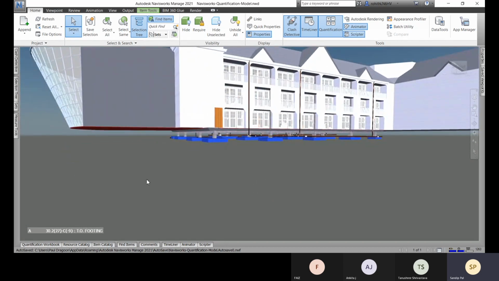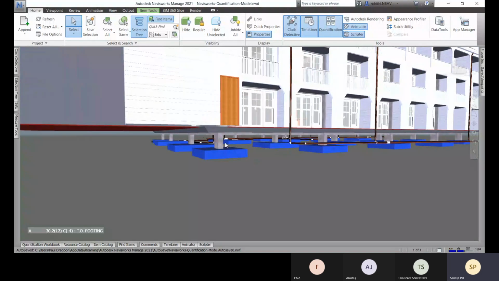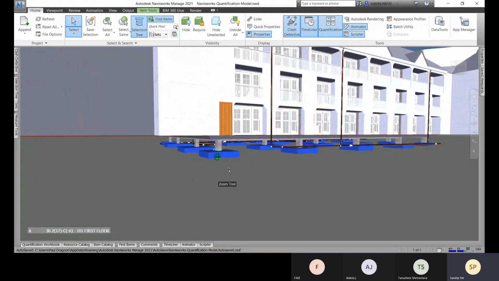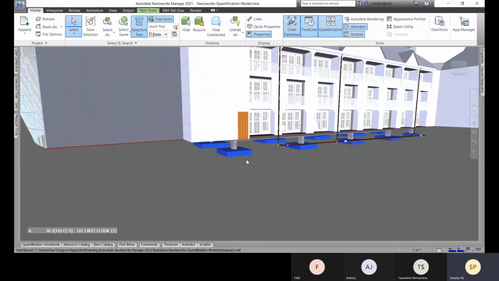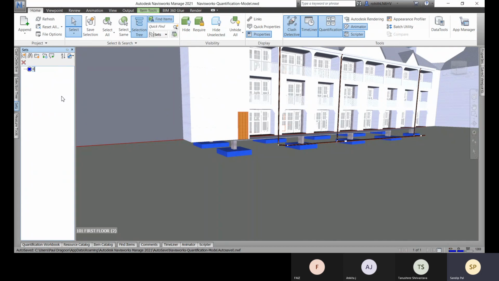Then you can select this one too, so that will come under column. Let's save this selection and give it a name like foundation or footing.